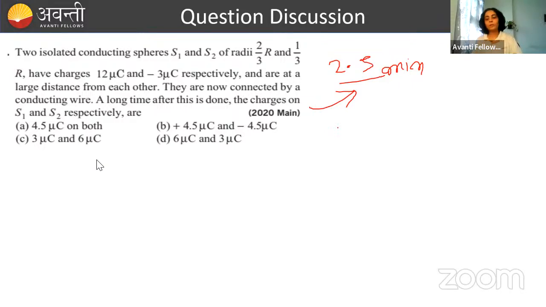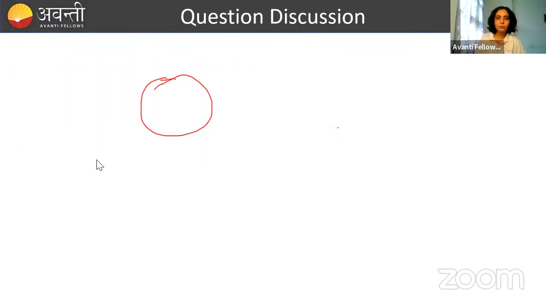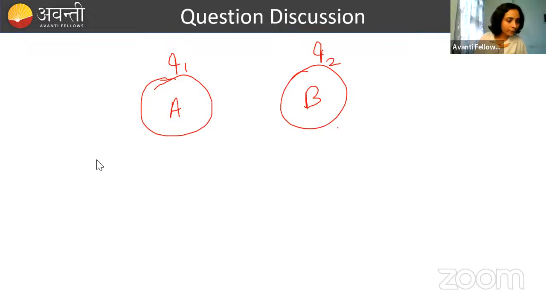So what will be the concept here? Let me take you through the concept. So actually, whenever the question is like there is one sphere, listen carefully. There is one sphere A, there is another sphere B. It has charge, suppose it has charge Q2. They are isolated. Am I audible to everyone? JNV Panchmahal. Name is very beautiful. Am I audible?